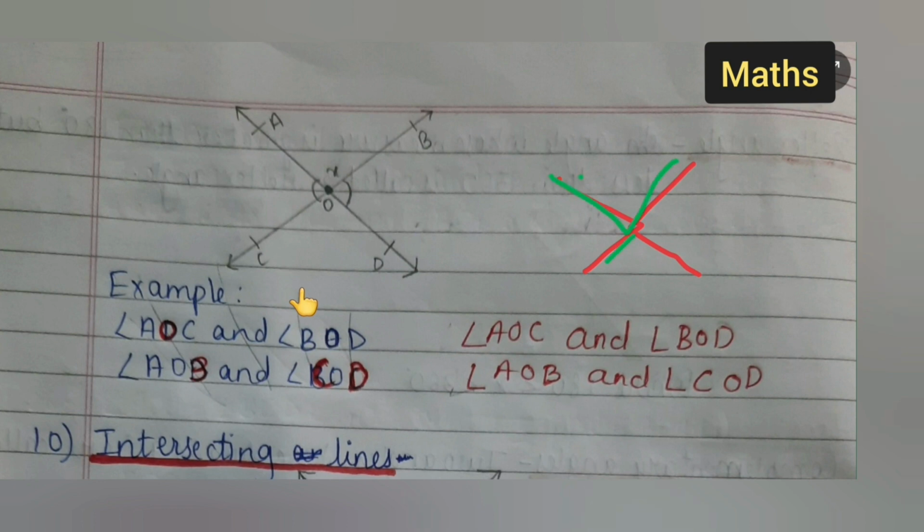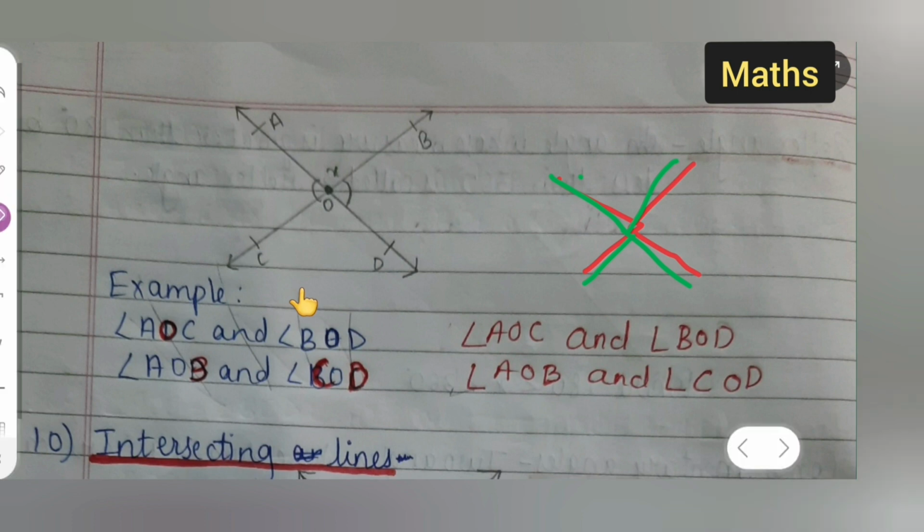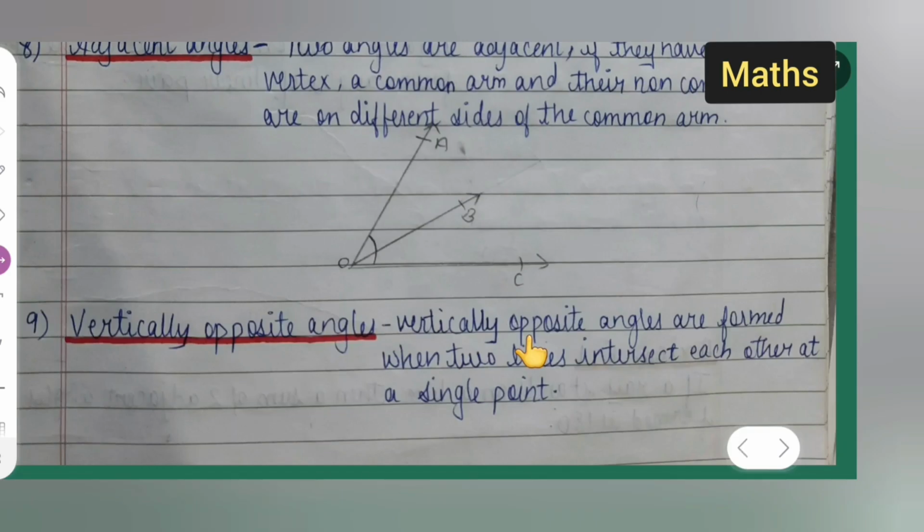Next you all will have this side. So let me rub this part. I have given you the example. You can take down what the vertically opposite angles are. Next